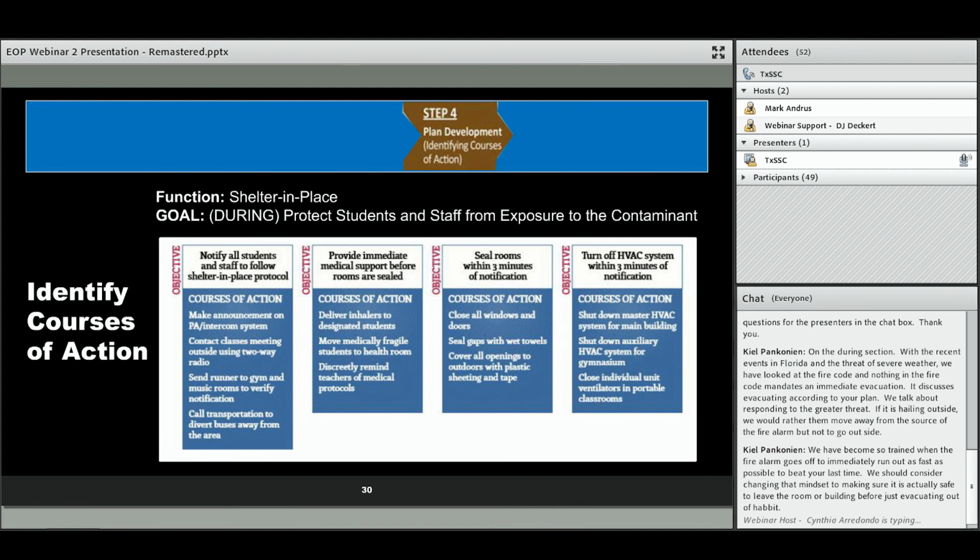Then within it, some of the identified courses of action are notifying all the students and parents and the community, announcements, any kind of messages. Sometimes we always think of all the high tech, but we need some low tech options too, in the event that some of the electronic communications don't work. Providing that immediate medical support, sealing rooms, like I said before, for the process of trying to retain that good air, and that may involve turning off your HVAC systems within